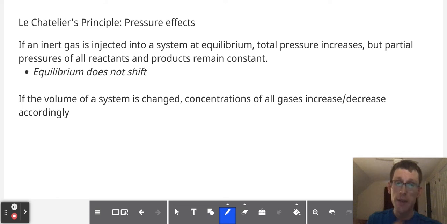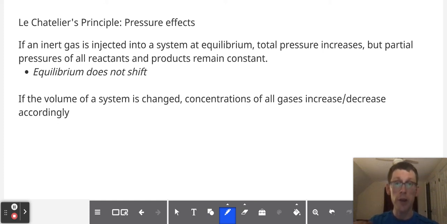You have 10 moles of gas now. However, the partial pressures of all reactants and products are going to remain constant. You haven't added a reactant or product, so the partial pressures will remain the same. And as a result, the equilibrium will actually not shift. So, bottom line is the addition of an inert gas has absolutely no effect on the equilibrium position,